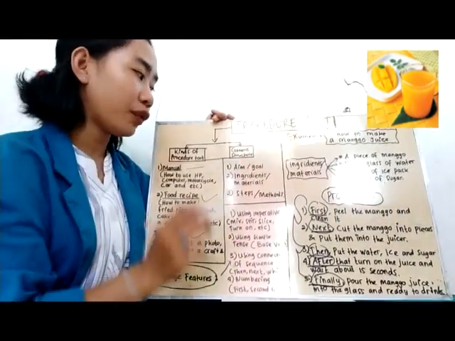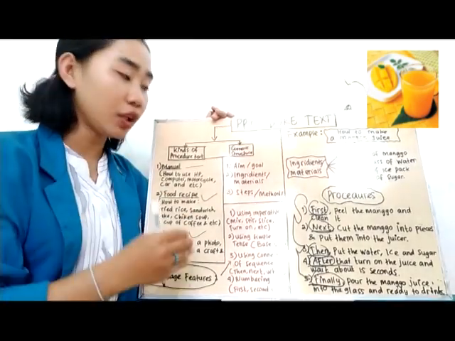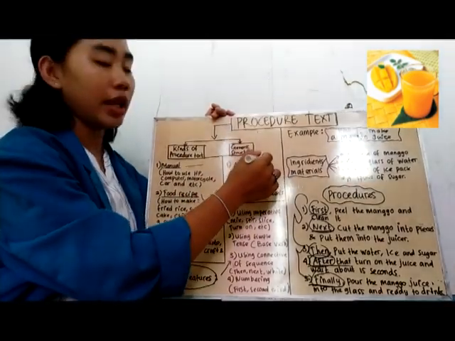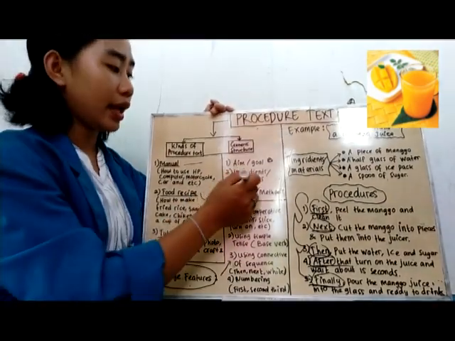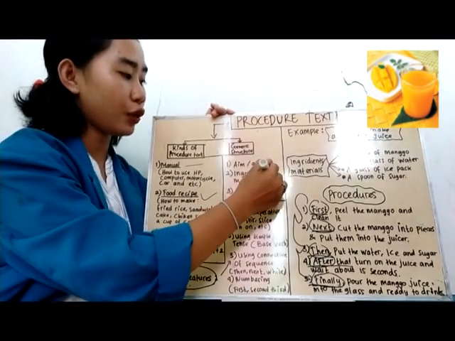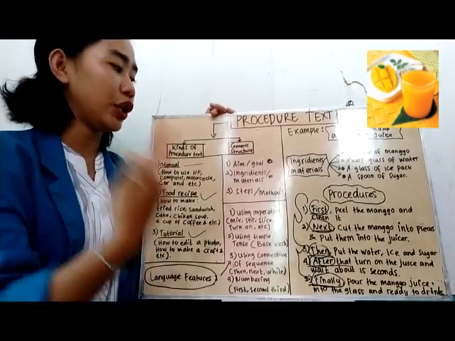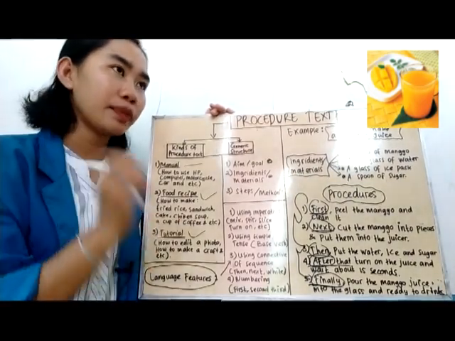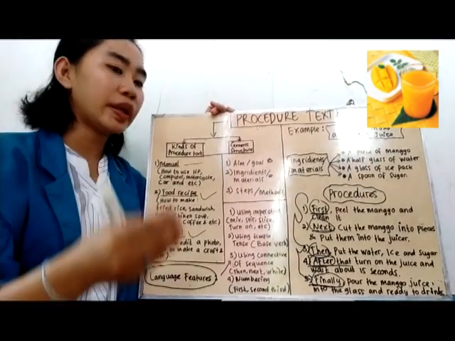And then don't forget about the generic structure of the procedure text. The generic structure I have told you before. First, you need to know the aim or goal of your product, and then the ingredients and materials of your product. So we can prepare the ingredients and materials after you know your aim or goal. For example, I want to make cakes or juice, so I will prepare the